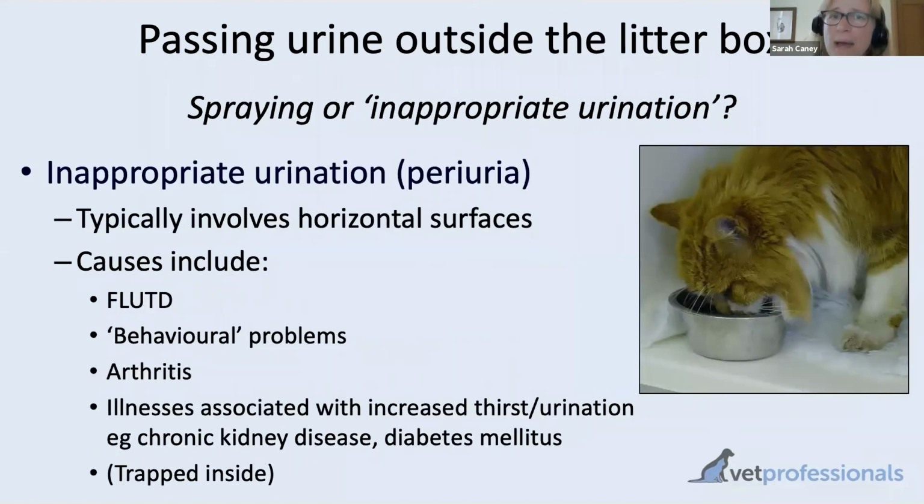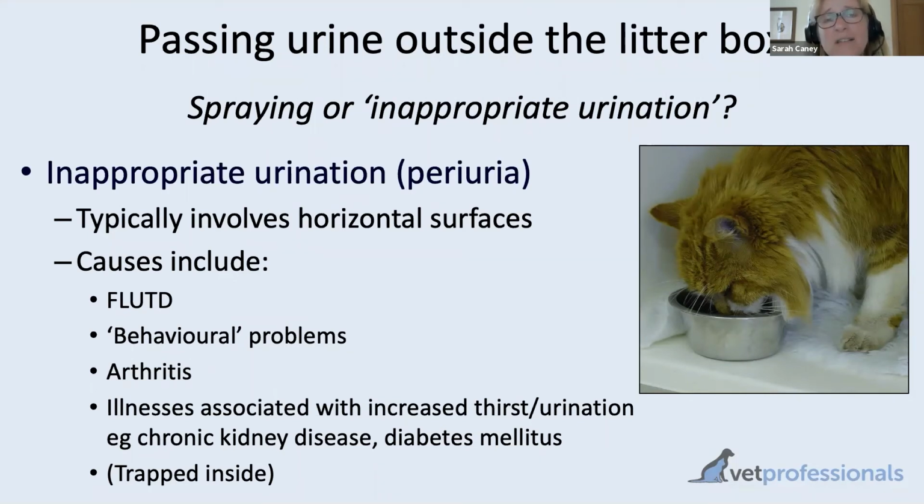Inappropriate urination, periuria, urination outside the litter box, is also something that we can see very much linked with lower urinary tract disease. If the cat has cystitis and it's just so desperate to constantly be straining and trying to pass urine and doesn't always manage to make it to the litter box, then of course we may see urination outside the litter box, and that could be on the carpet, it could be on your bed or on other